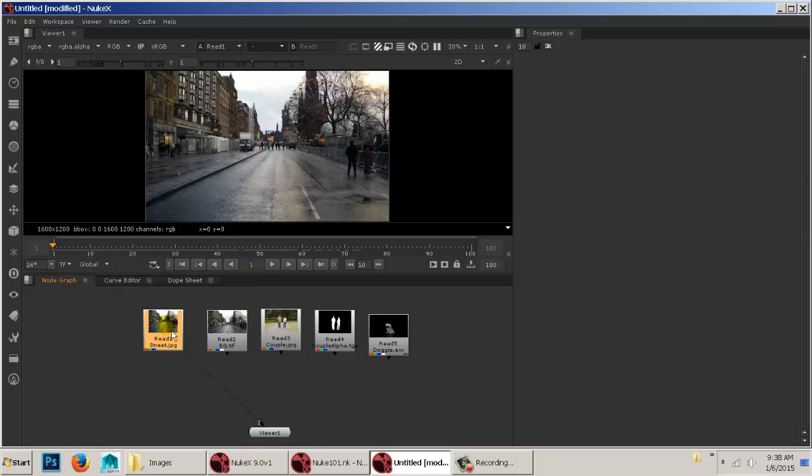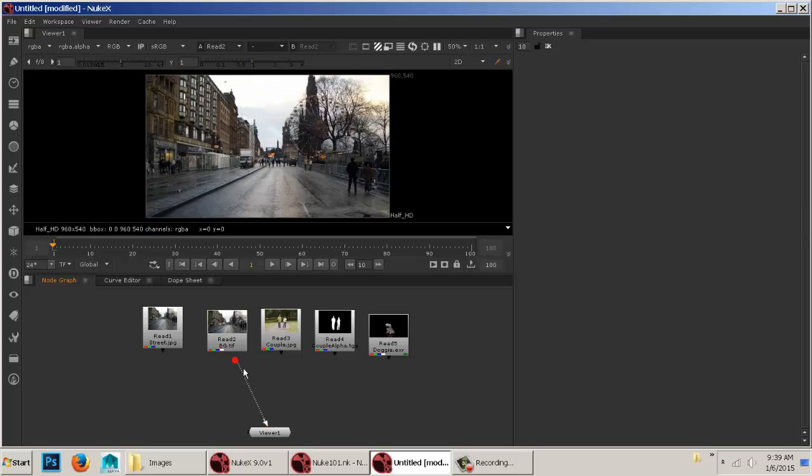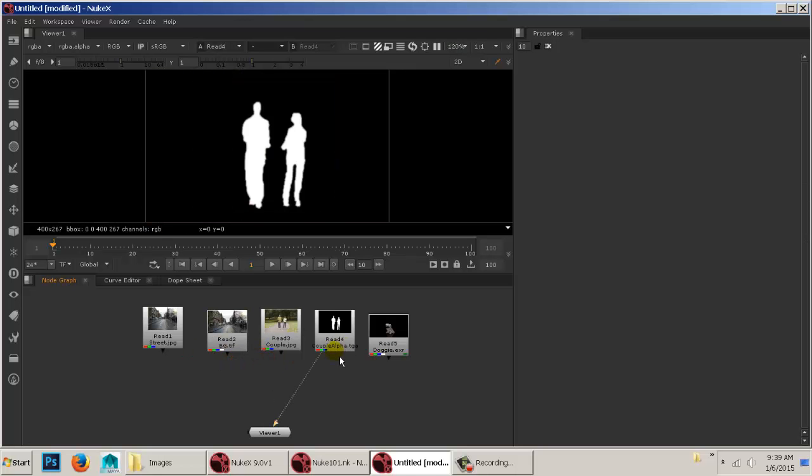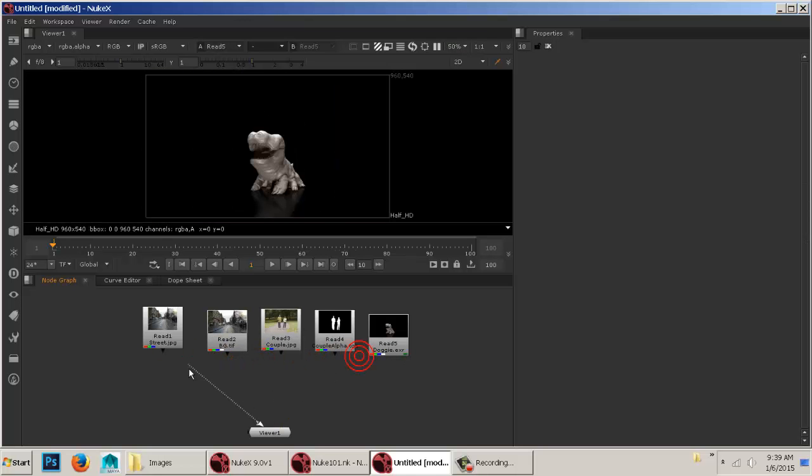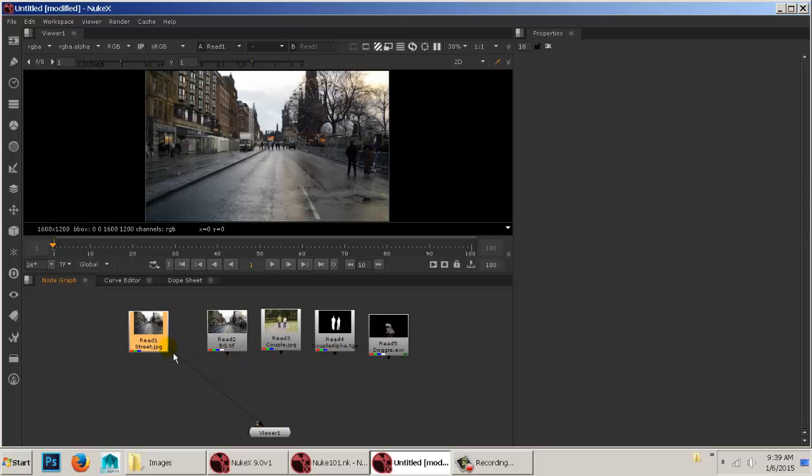So if we have frames 6,000 to 7,000, then this piece would only run from 6,000 to 7,000. But I could adjust that using some of these other tools on the left-hand side here. Same thing with this, same thing with that, all of these. They're all just still images. Okay, so staying with this one,